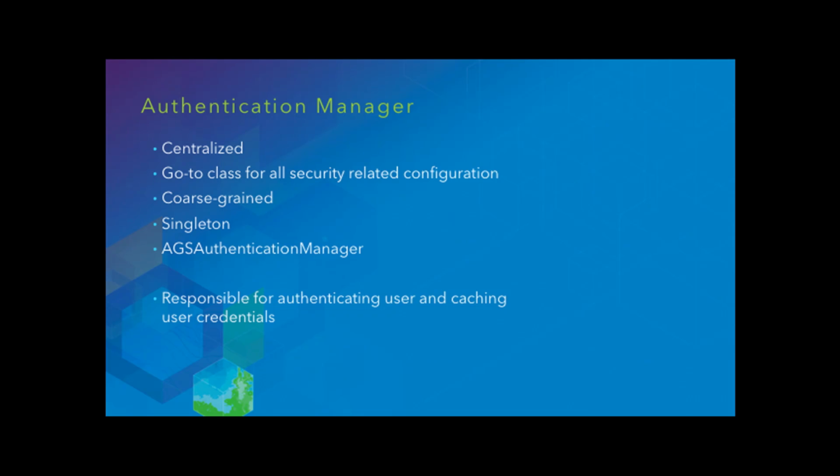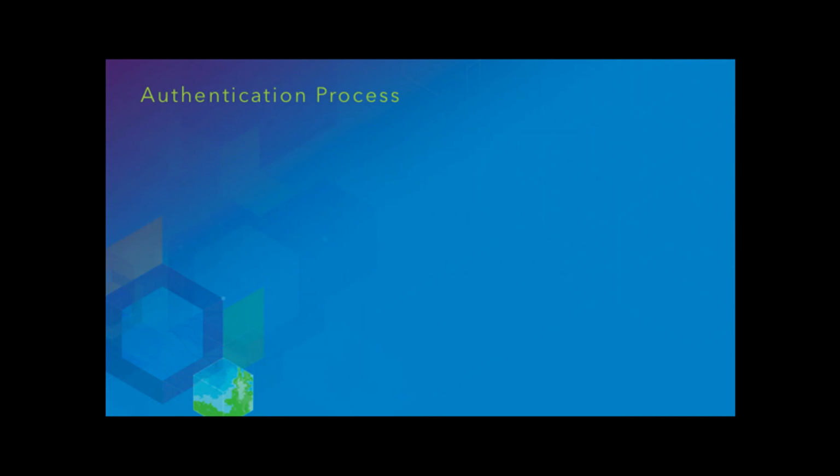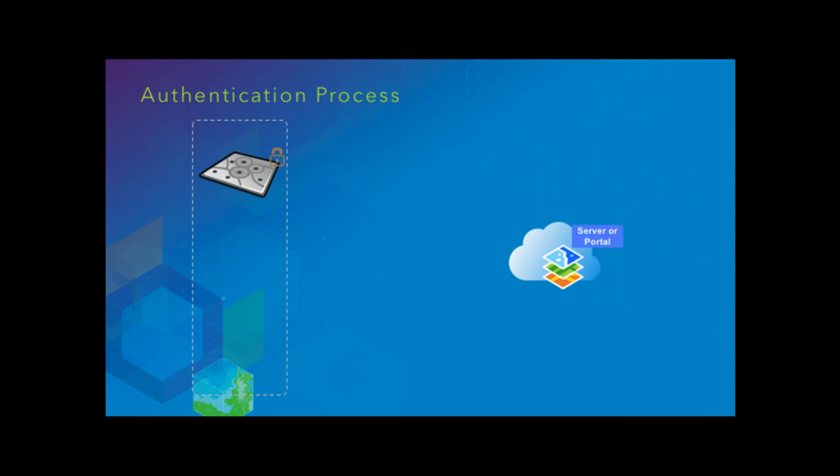So first, let's talk about how users can be authenticated. How does the authentication process work in iOS SDK? Let's say you try to load a secured resource like a layer, and the server's response is an error. Authentication manager becomes active now, and it starts to intercept the error. It first checks the type of the error.